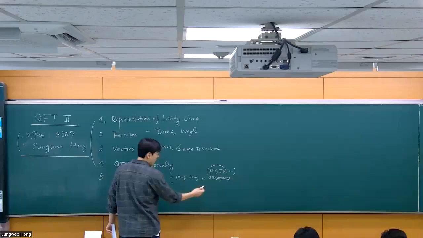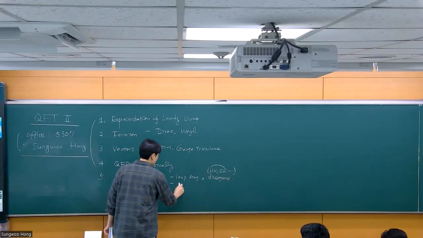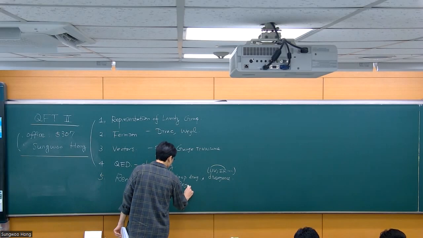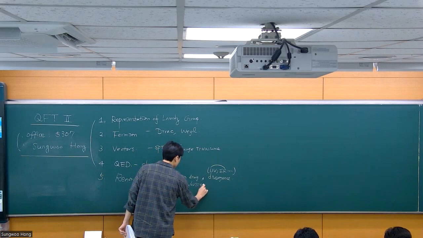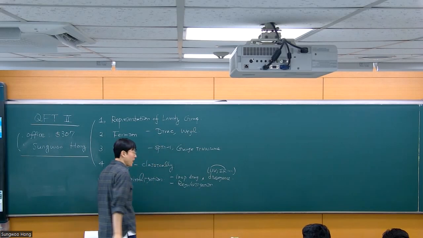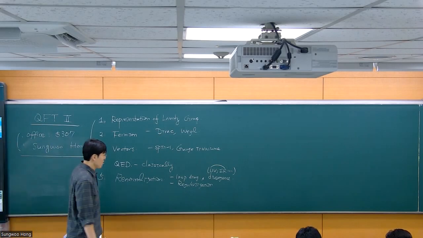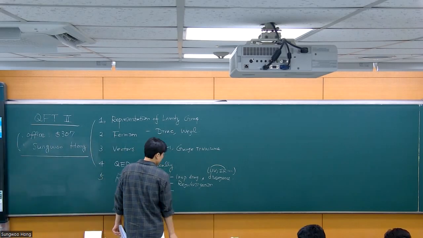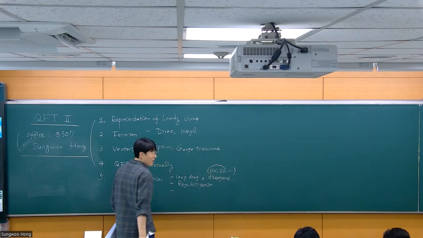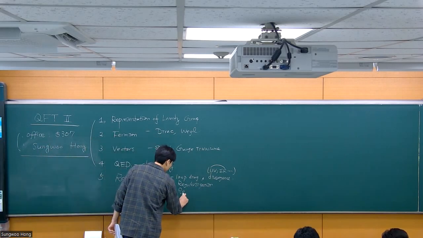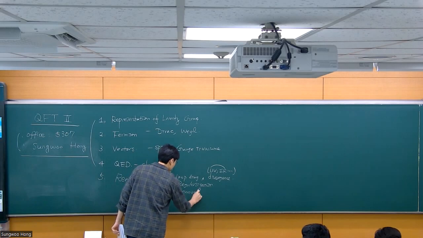And then we have to know how to make friends with the divergences. And that process of making friends with the divergences is known as regularization. If you fail to make friends with the divergences, then you leave the field. There's no way you can survive without knowing how to make friends with divergences. But once you make friends with them, then you betray, you kick out your friend. That's the process of renormalization.